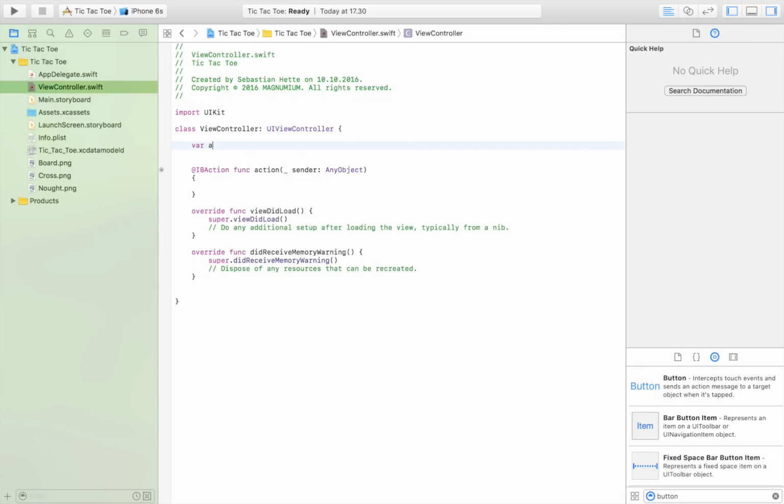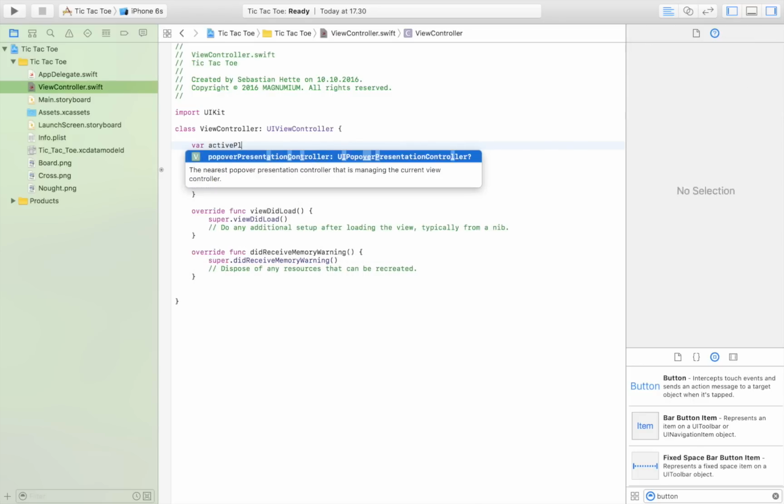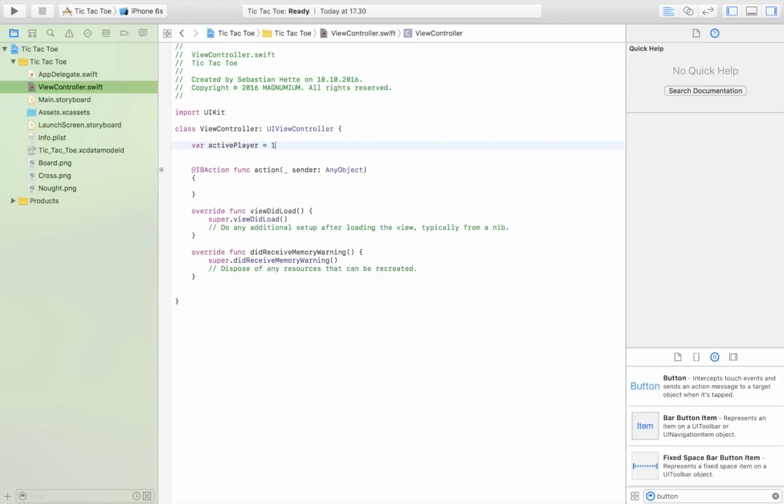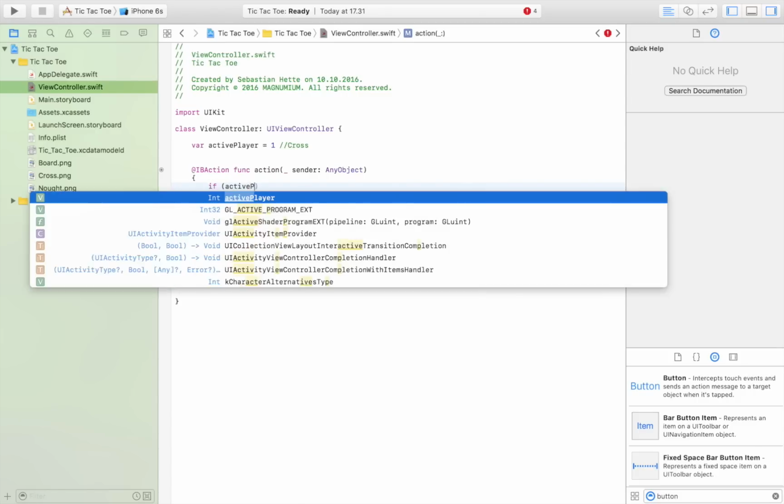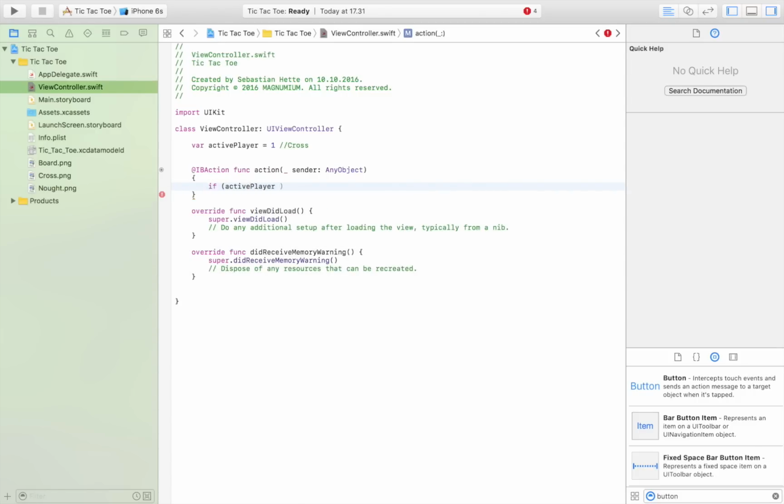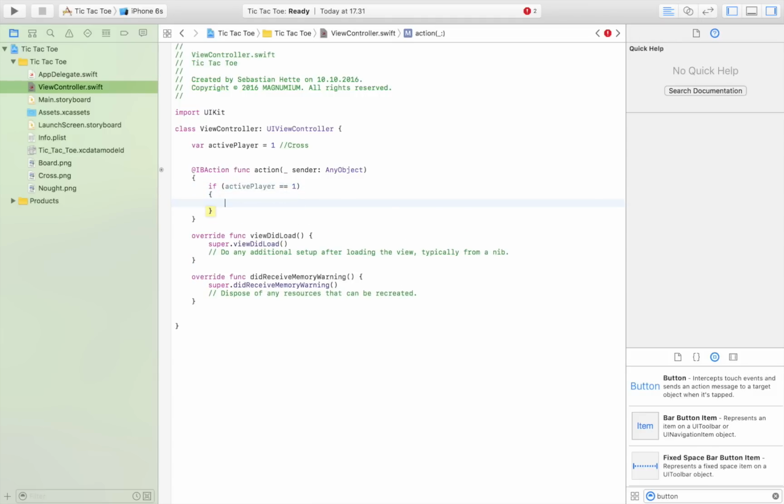So I'm going to say active player is equal to 1, which is going to be cross. And then I'm going to check each time my user clicks on one of the buttons whose turn it is, or who the active player is. So I'm going to say if active player is equal to 1, then I'm going to say sender